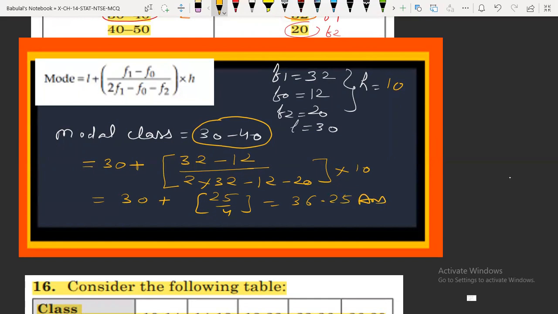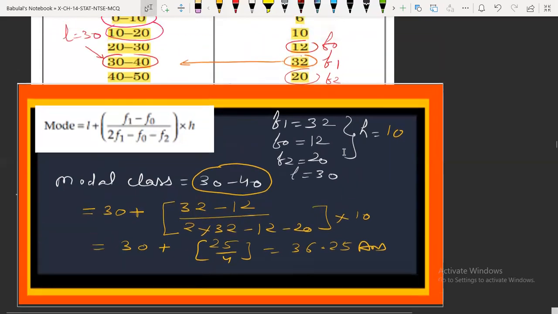Please calculate it carefully. This is simply multiplication and division. I have done it directly, but you have to calculate it separately. You can use rough copy, rough space for that, but the answer will be